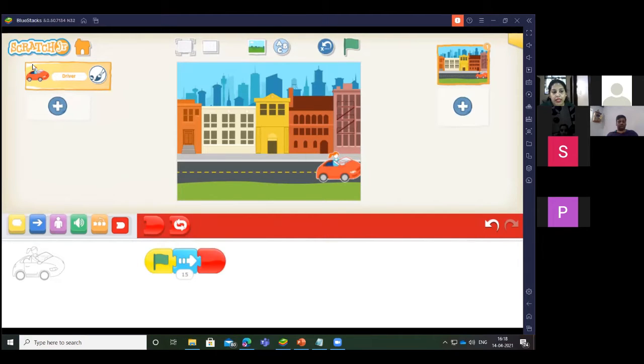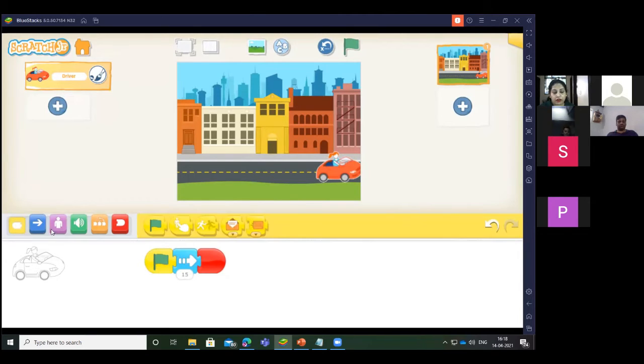When you click it, you can add any new sprite by clicking on this plus. Then use this shrink button to make it smaller. After that, add a background from this position, and then you can add a green block, which is the start, and this red is for the end.